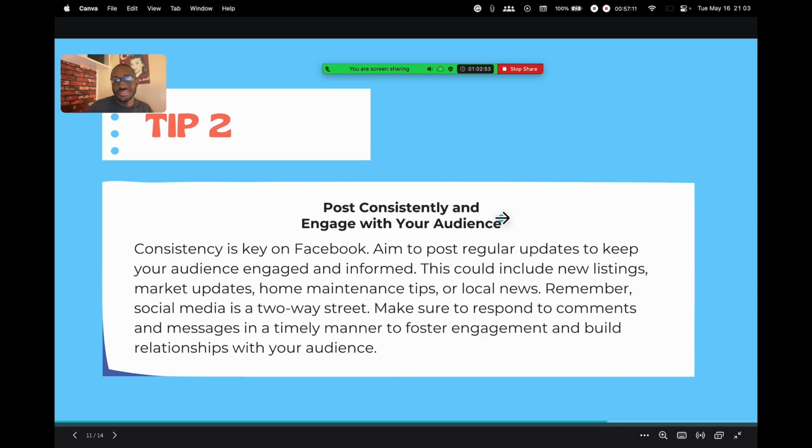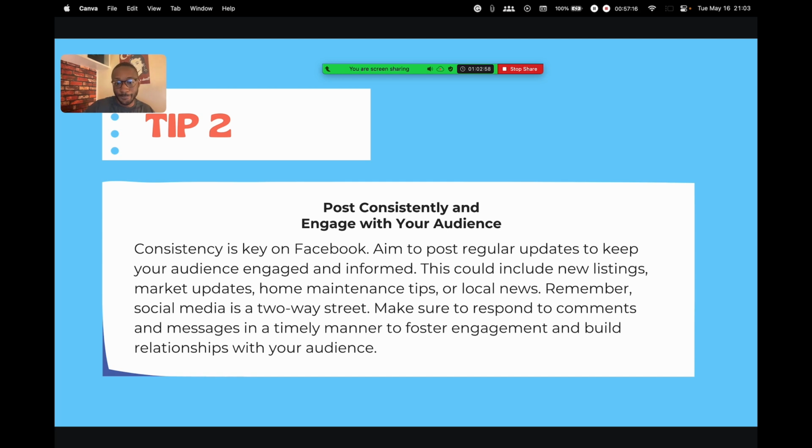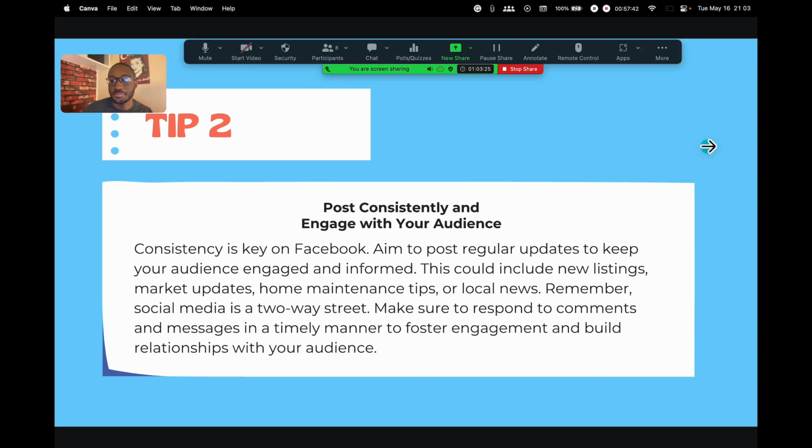Something else you could do: obviously, you want to post consistently. It's good to know about all of these things, but if you don't do them consistently, you will not reap the benefits. You could become a social media guru, know how to create all these fancy posts, but the one who doesn't do it as well but is consistent is always going to go farther than you, because they'll always stay top of mind. So consistency is key.